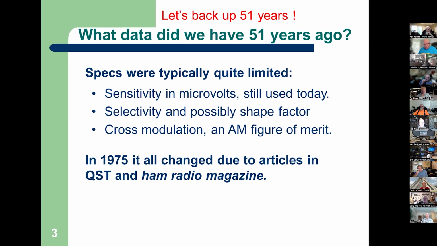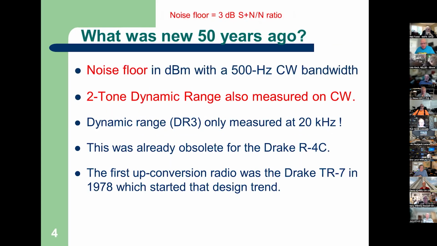But all this changed in 1975 due to articles in QST and Ham Radio Magazine. So what did we get 50 years ago? Well, we got a term, noise floor in dBm as opposed to microvolts. A noise floor is a 3 dB signal plus noise to noise ratio measurement. And also a two-tone dynamic range test, also done with a CW filter, 500 hertz being the standard. We were looking at intermodulation products as they would just meet, equal the noise floor